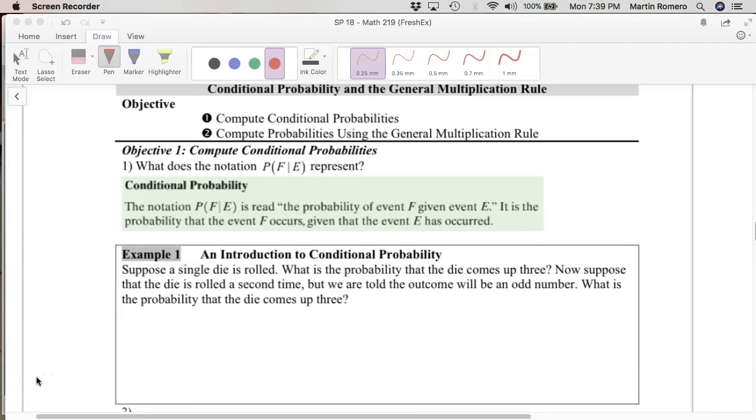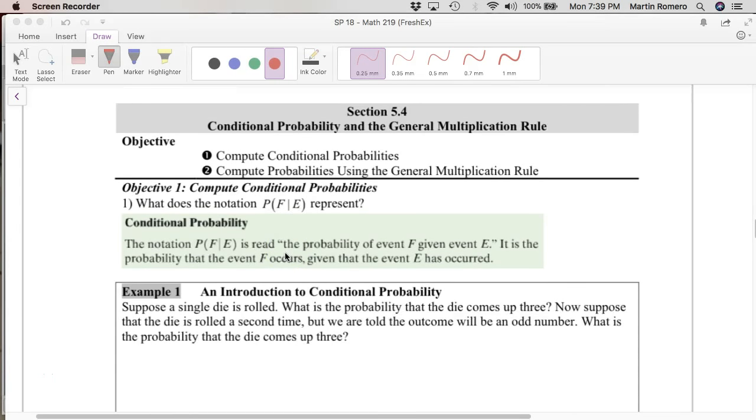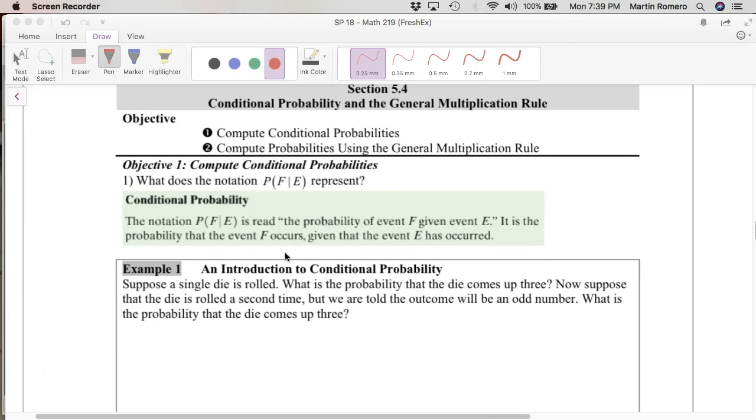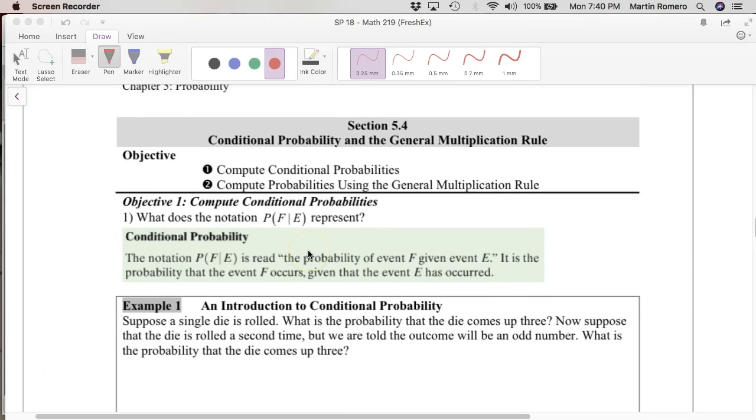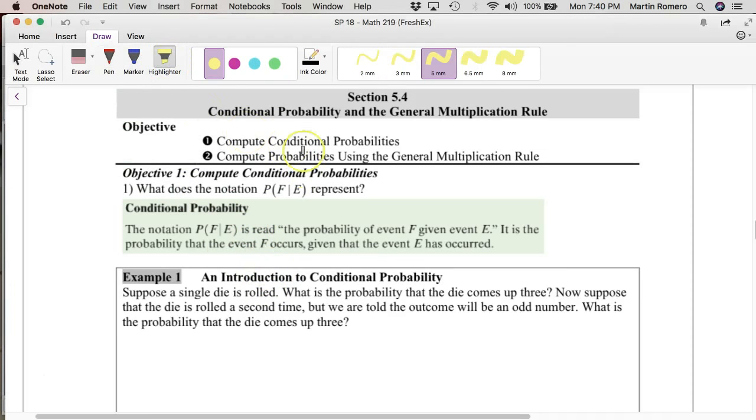This video is the introduction of chapter 5.4, conditional probability and the general multiplication rule. So again, have your note sheets and have your book open or the PowerPoint that I've provided. And so we introduce a new symbol for you. It's right here. It's this line, that solid line there. And how that is read is,